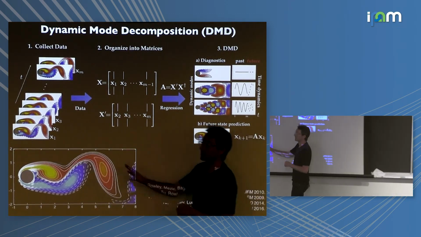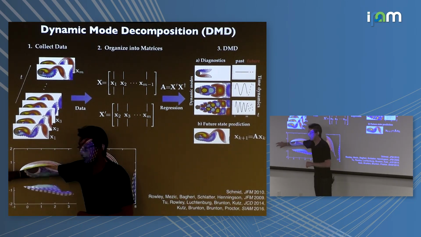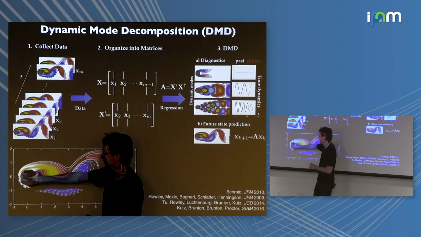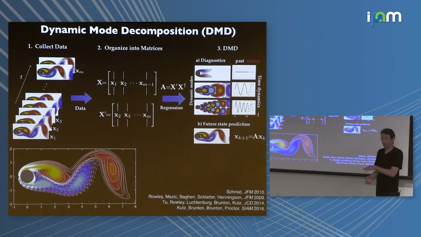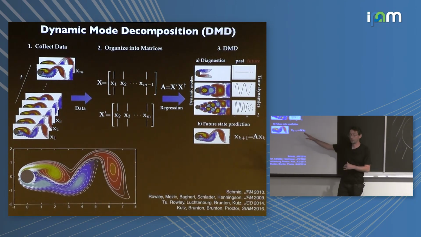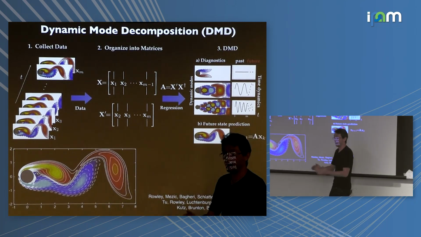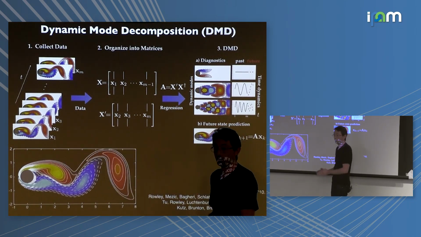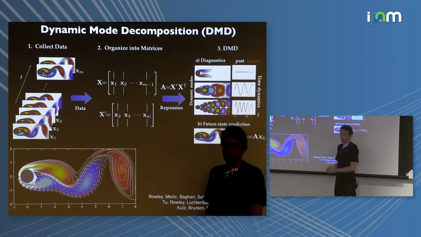This doesn't work to capture transients at all. So if I accelerate the flow a little bit, or I turn the cylinder, or I move it up, or I do anything at all to introduce a transient that would then die out, this fundamentally can't capture that. Okay? This captures periodic and quasi-periodic attractor behavior in low-dimensional systems, period.